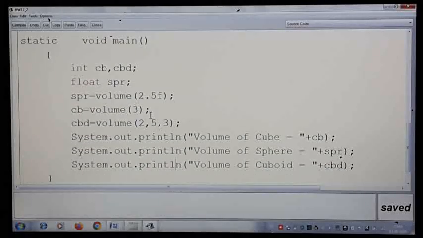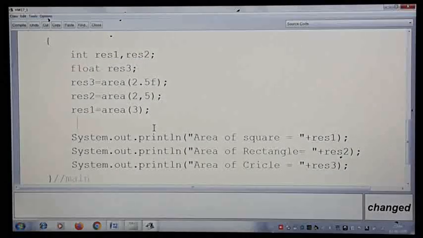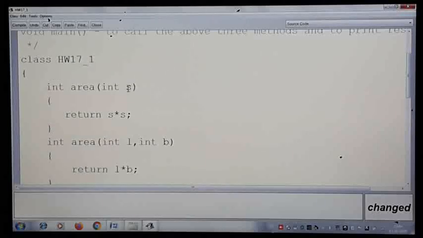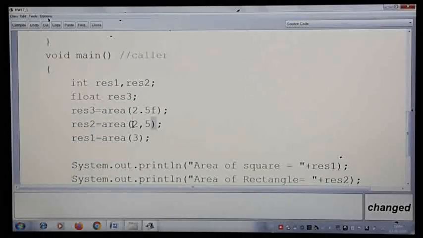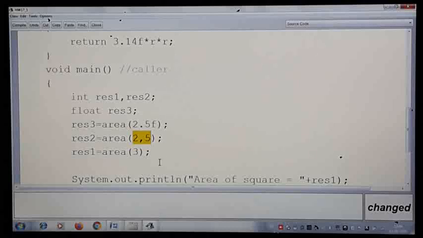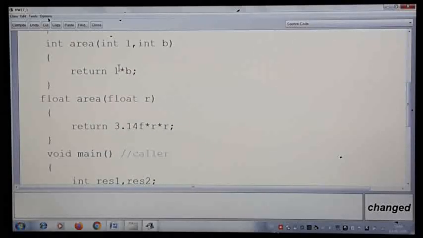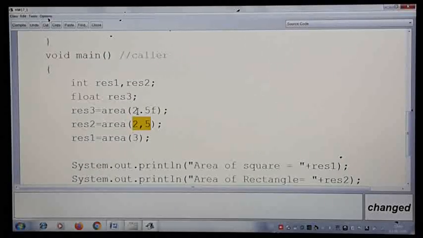And also students, as I told you, at the time of calling the function, if you see the very first one here, while calling the method, one with integer, one with 2 float, 2 integers, one with 1 float argument, you cannot change the order. Or the second one, if you pass two integer arguments, you cannot write at any cost one int and float, because there is no method with one int and float here. You have a method with one int, two int and one float here. So while calling the method, you have to pass the same type of arguments only, and you cannot interchange them.